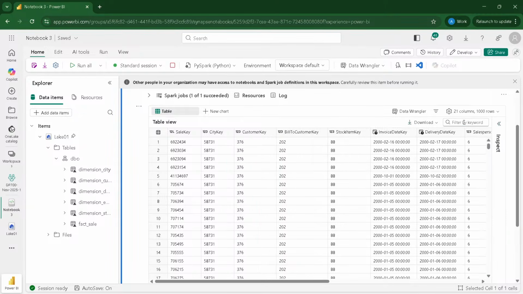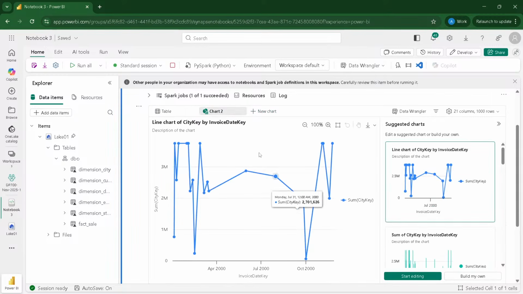You can search anything. Like I want to search, let's say, is there a 3 anywhere in the data? It will give me 3 anywhere in this data which I have displaying here. And if you want to do some kind of data wrangling on it, you can go ahead and do that. You can create a new chart here. So basically you can click on new chart and you can start displaying a new chart. And then with this is a suggested chart. You can go ahead and modify this chart further once you select it.